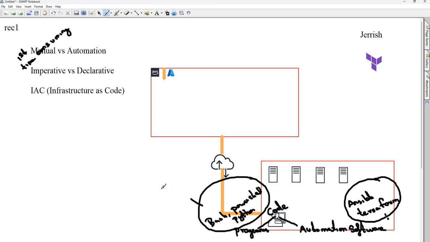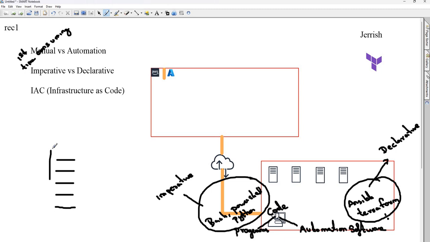Now these programs are considered as imperative and these automation softwares are considered as declarative. If it is imperative, if you are doing some tasks, if that has to be written as a code, you need to mention all the step-by-step procedure of what you want to create.